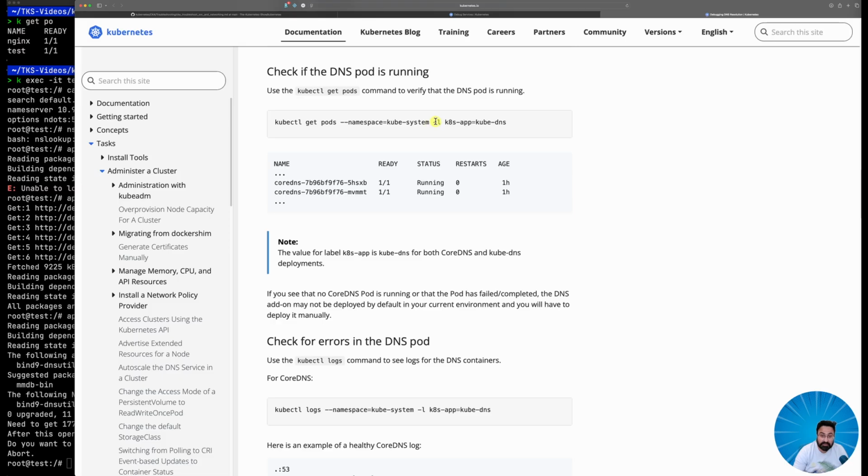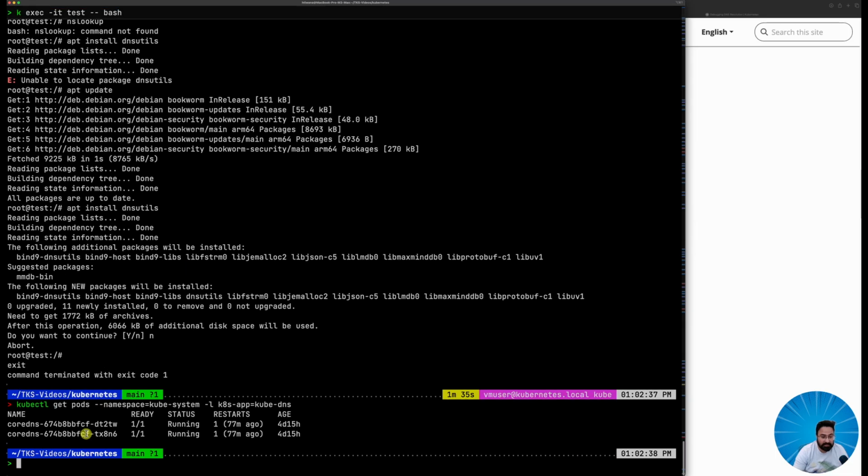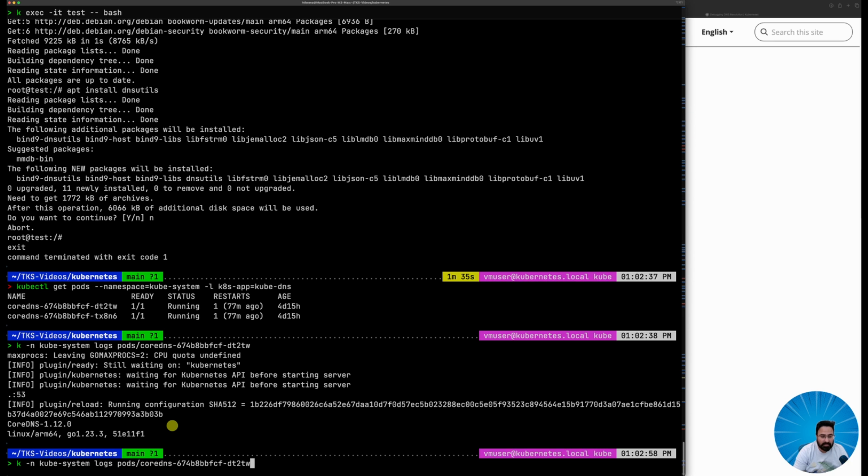For example, here it says check your pod in your kube-system namespace. Both of them are running here in my case. So you can also do kubectl -n kube-system logs pod coredns. You can do it this way, then you'll be doing it per container, right? So I'm doing it per container. Another option, kube-system